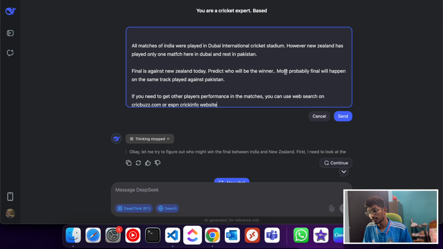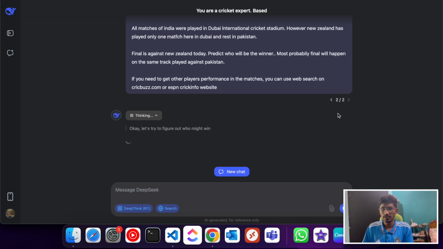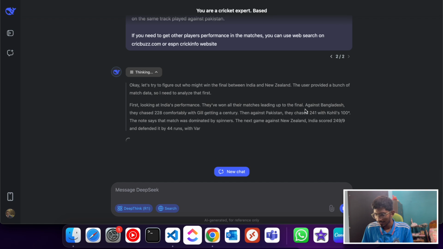Let us give them in the prompt that it can do a web search when it is trying to get additional information about other players' performance. They won all their matches leading up to the final against Bangladesh, so it is still thinking.